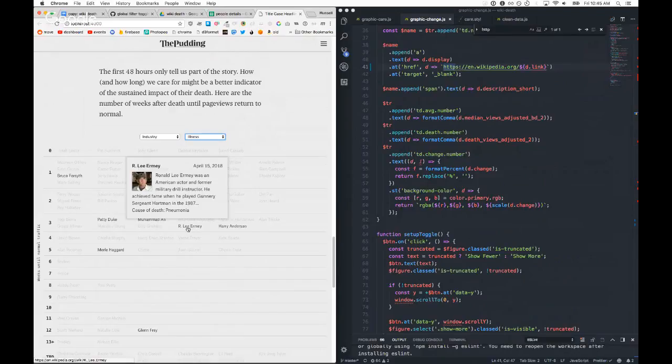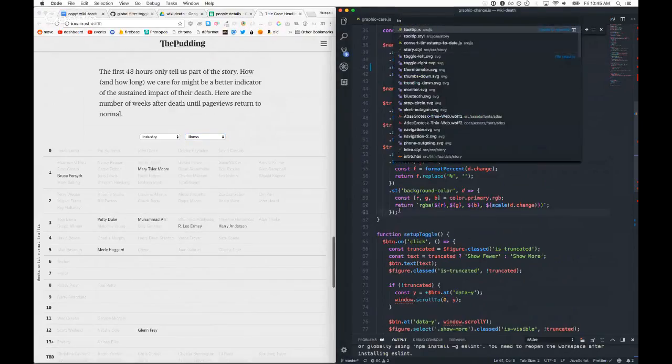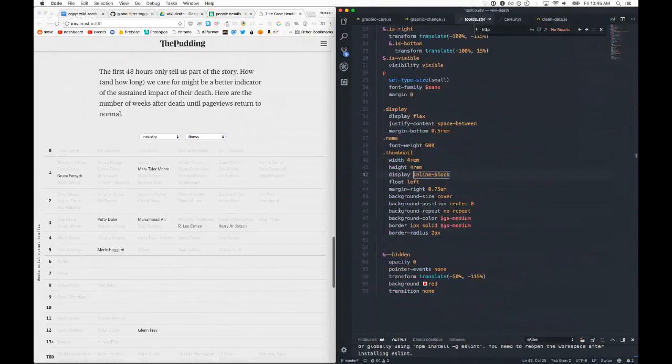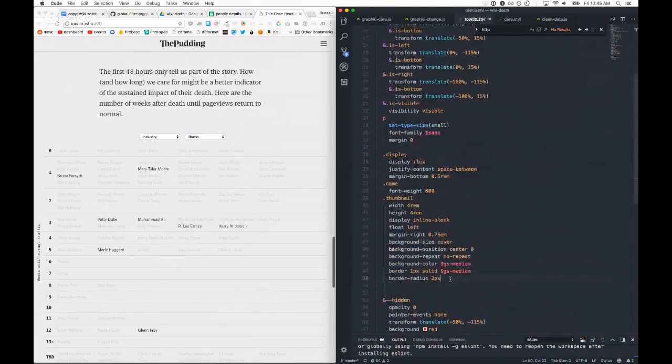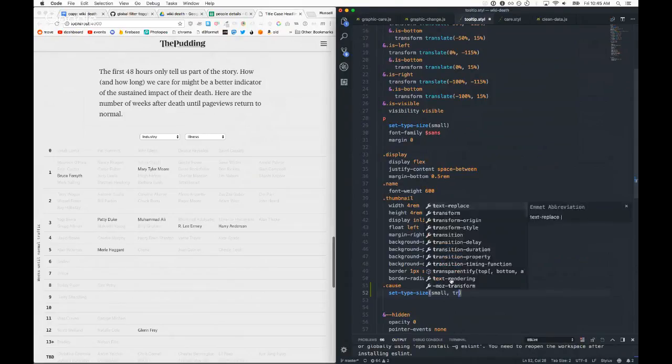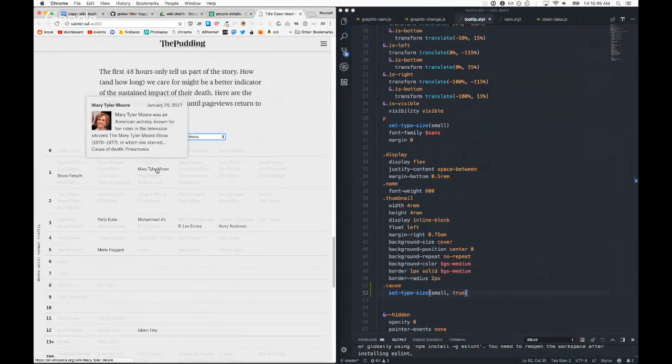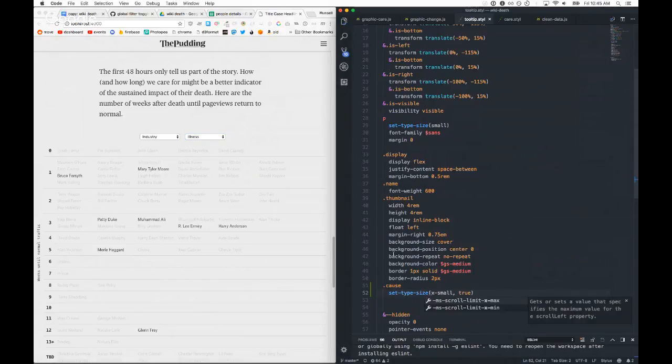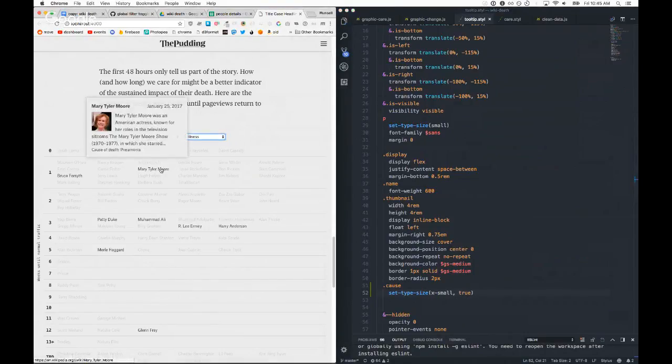So this is explorable now. I don't know what to do with that cause of death. Thumbnail. I call it type, size small. Already on small. Nothing is different. I need to work with the style on this. I'm not feeling it.